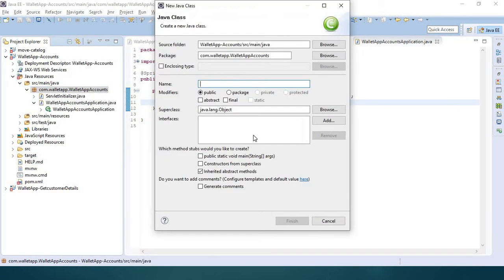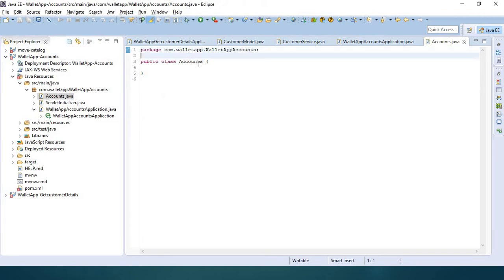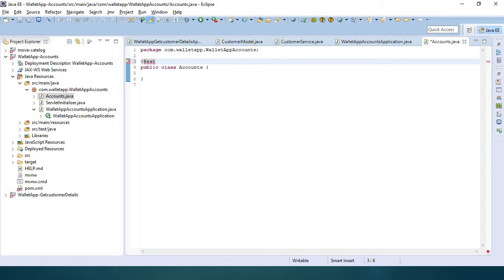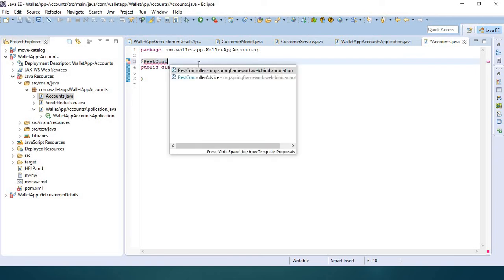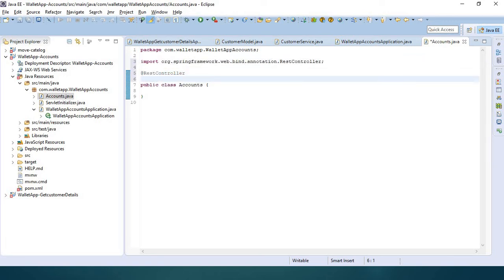Class accounts. Here it is a REST controller with a request mapping.